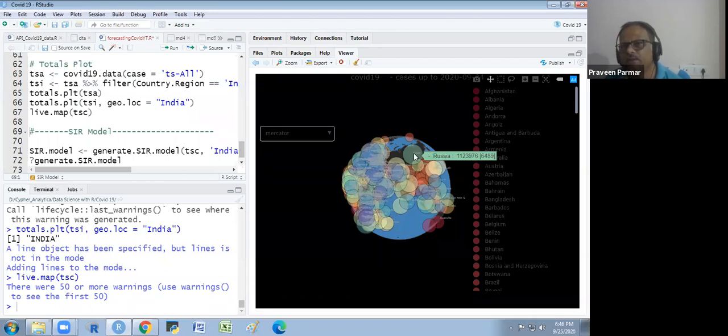Here we are getting Russia. You see there are 11 lakh 23,976 confirmed and 6,489 dead there. So you could see all these, Afghanistan, everywhere. So I will change this, and it would be better. The circles would be smaller and you could see the countries.